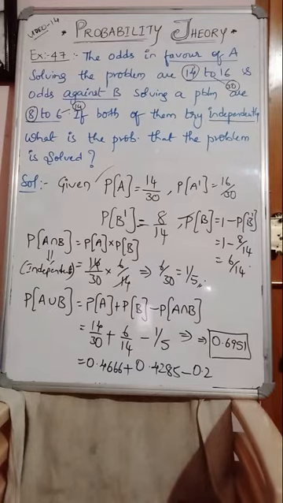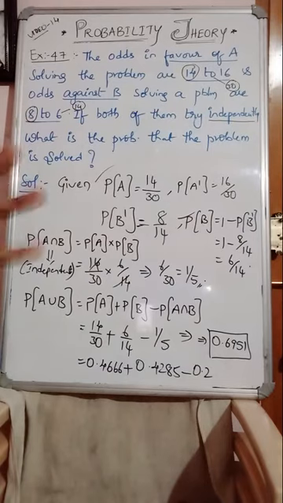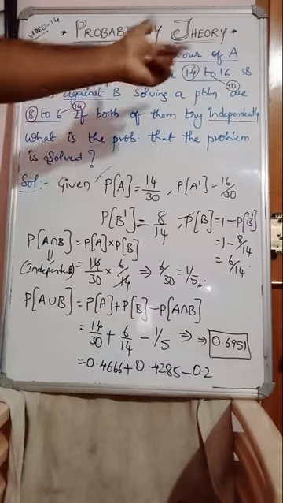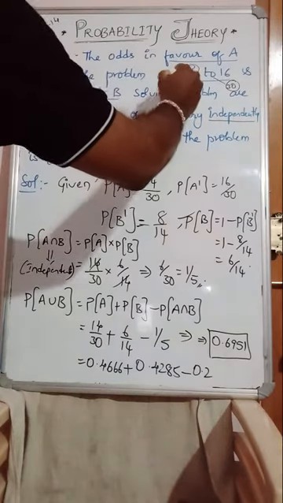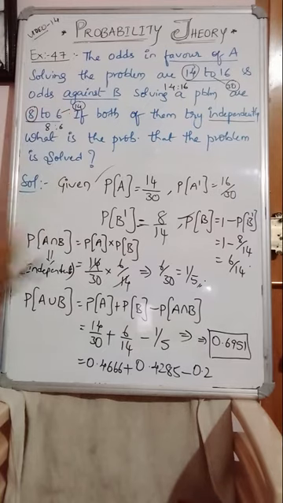Very important, guys: odds against and odds favor. Remember, never ever write 14 by 16, 8 by 6 this way. You are not supposed to write that. Total together should be taken. Right? 14 to 16 in the sense 14 is to 16. Here it is 8 is to 6. That's it. Ratio. Isn't it? Now this is the solution.